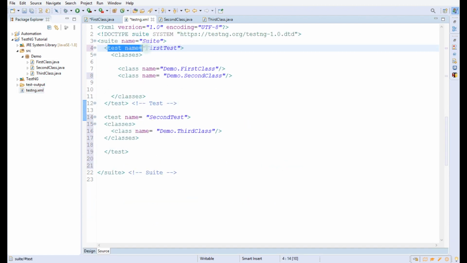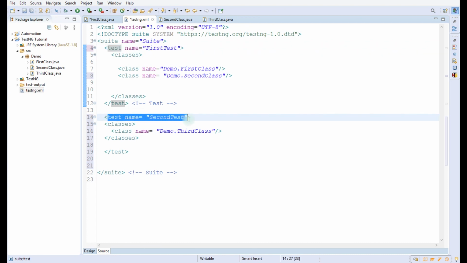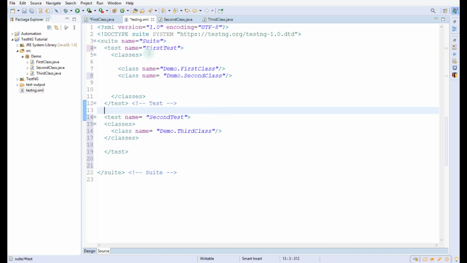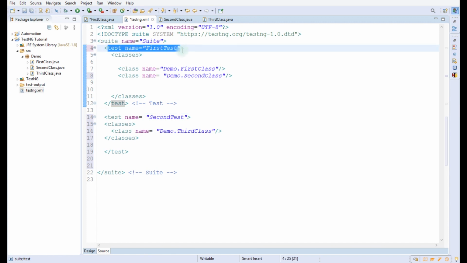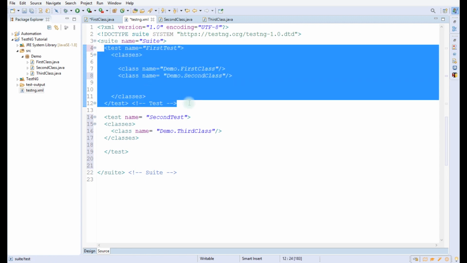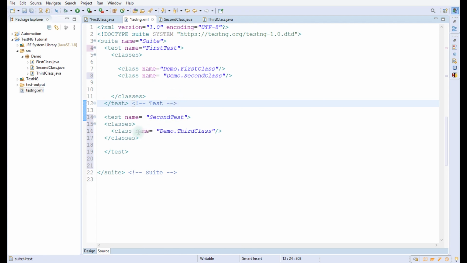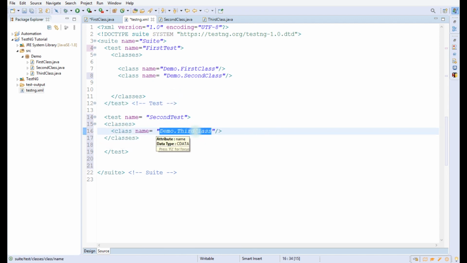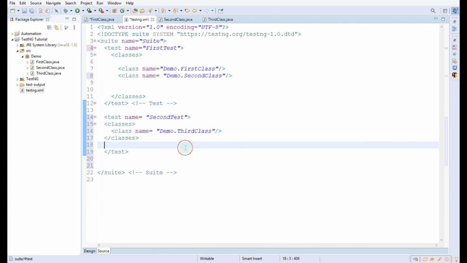So in this XML there are two tests, first test and second test. If we use before test in this first test, then the before test code will be executed before the execution of this test, right? Similarly, if we write before test inside the third class, then this before test will be executed before the second test, right?